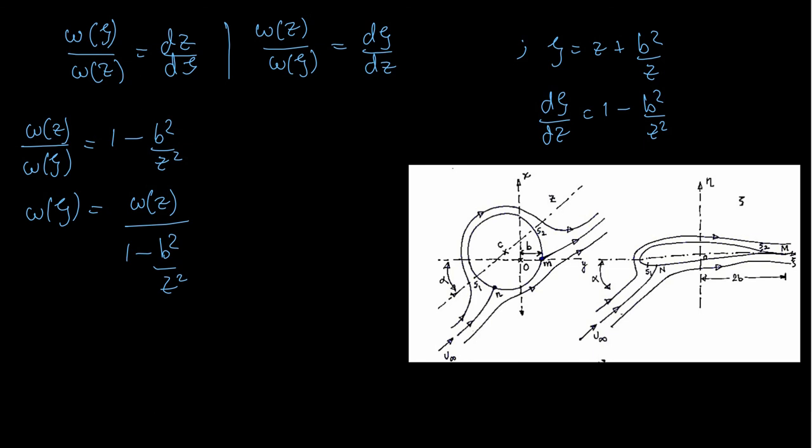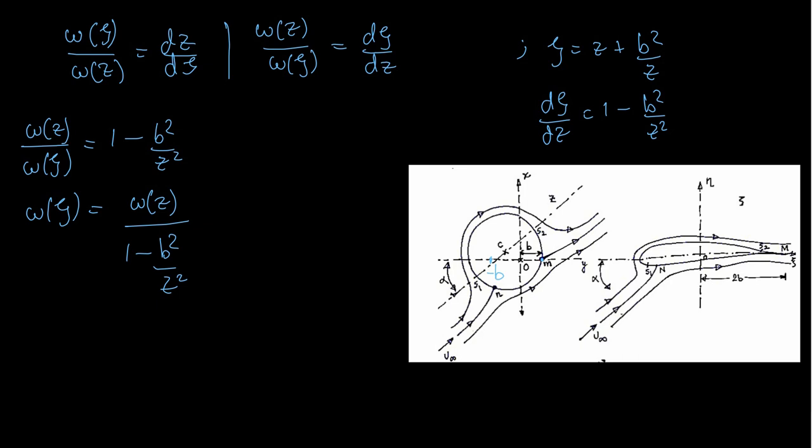So from the figure here we can observe that there is one point, the stagnation point for the cylinder, which is at a distance plus b here, and minus b would be somewhere here inside the cylinder. You can see that, and we need to show that this point, which is the stagnation point for the cylinder, is the same as the stagnation point or the trailing edge of the airfoil.